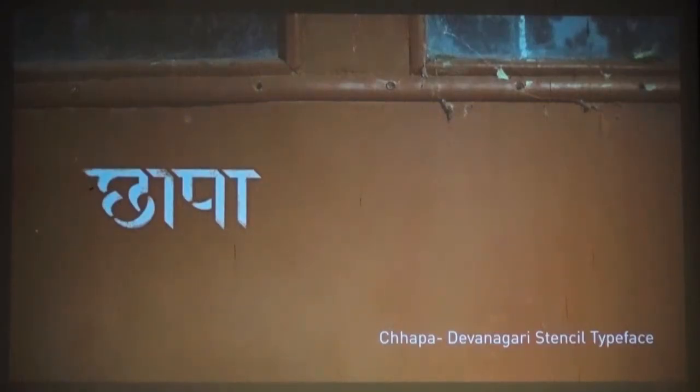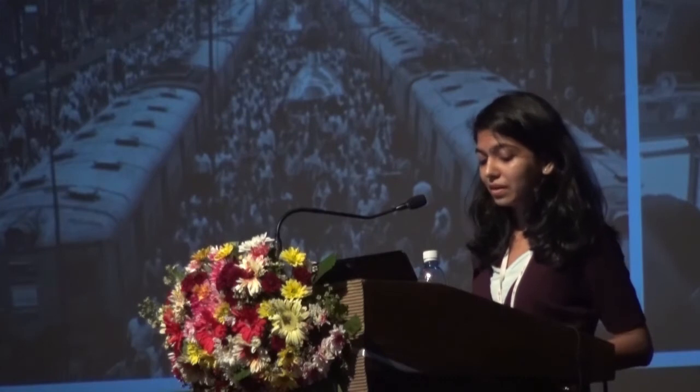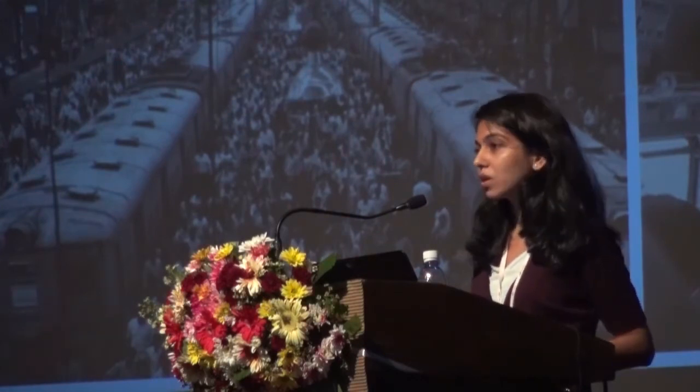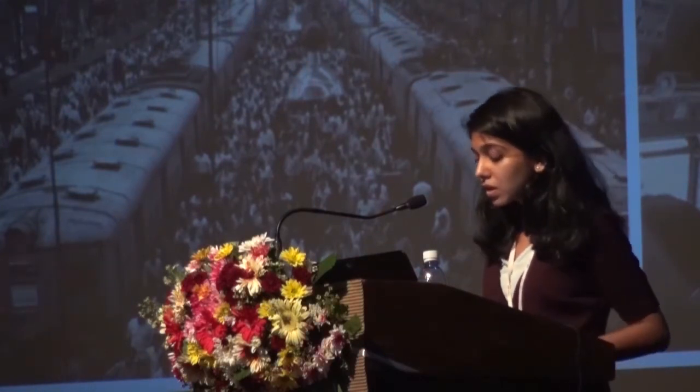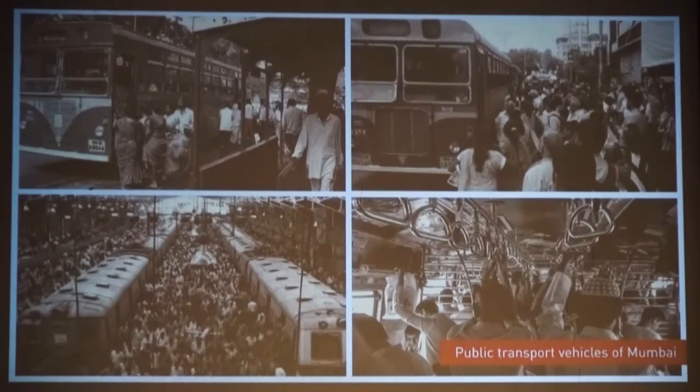Now, before explaining the structure and formation of Chhapaa, I would like to explain how and why I chose this topic. As we know, Mumbai is known as the city of dreams, and millions of people travel daily to their workplaces by local transport services. These transport vehicles have information panels to guide the passengers. As Marathi and Hindi are the primary languages of Mumbai, all the notices are predominantly written in Devanagari and